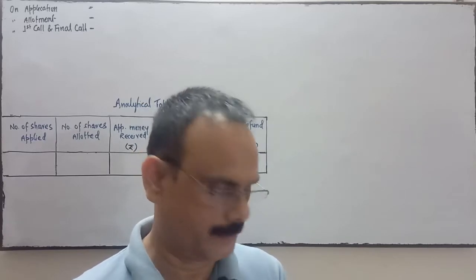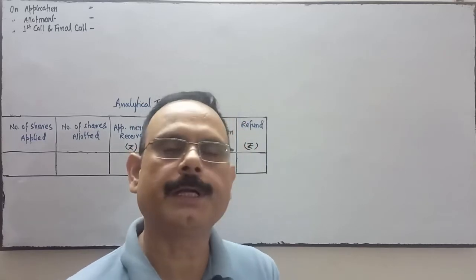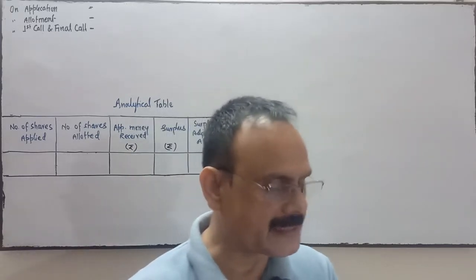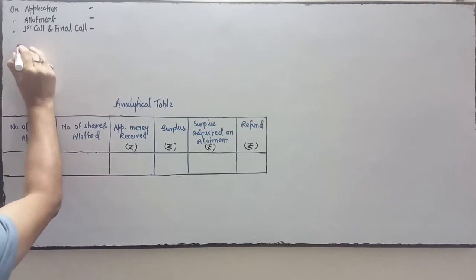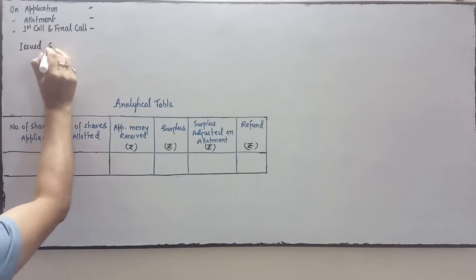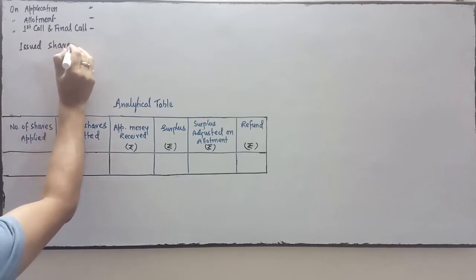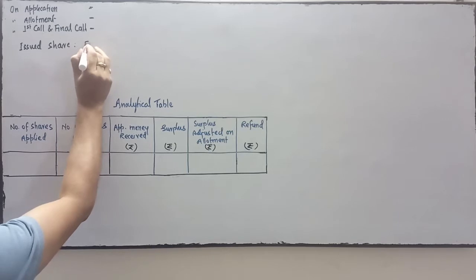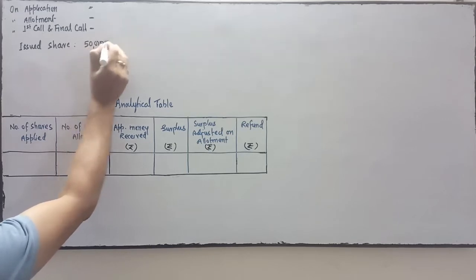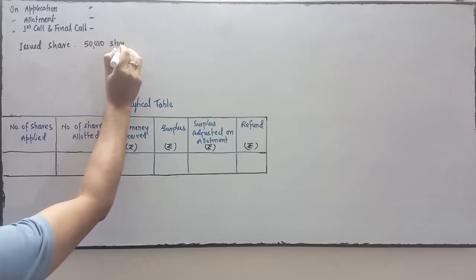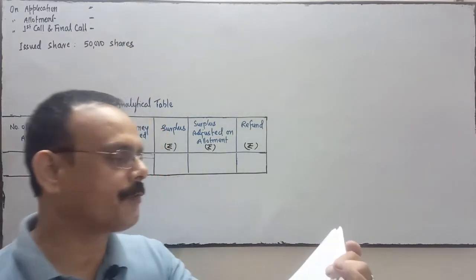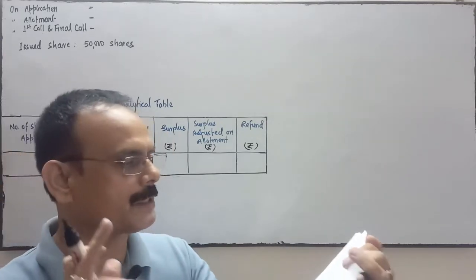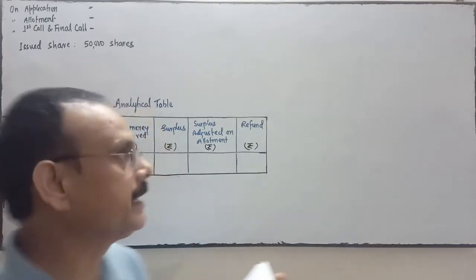Hindustan Steel Limited invited application for 50,000 shares. Invited application means shares are issued. The company has issued for public subscription 50,000 shares. Okay, issued shares is 50,000. So Hindustan Steel Limited invited application for 50,000 equity shares of rupees 10 each